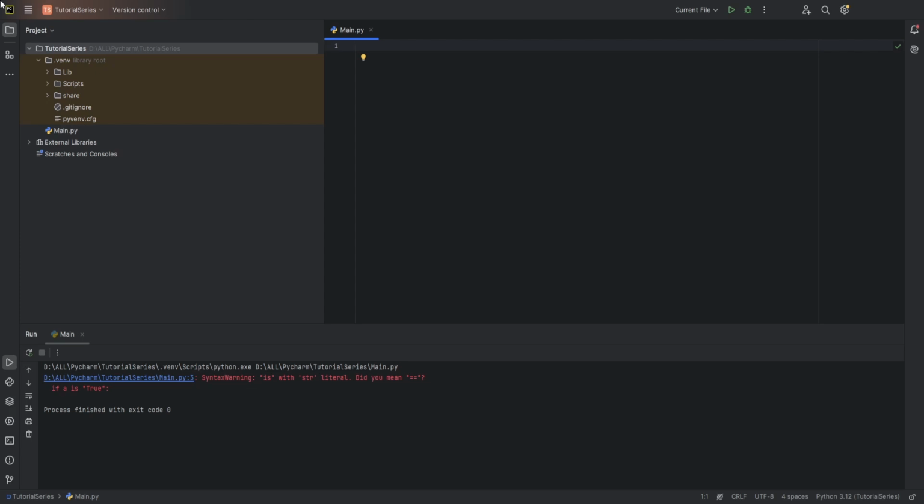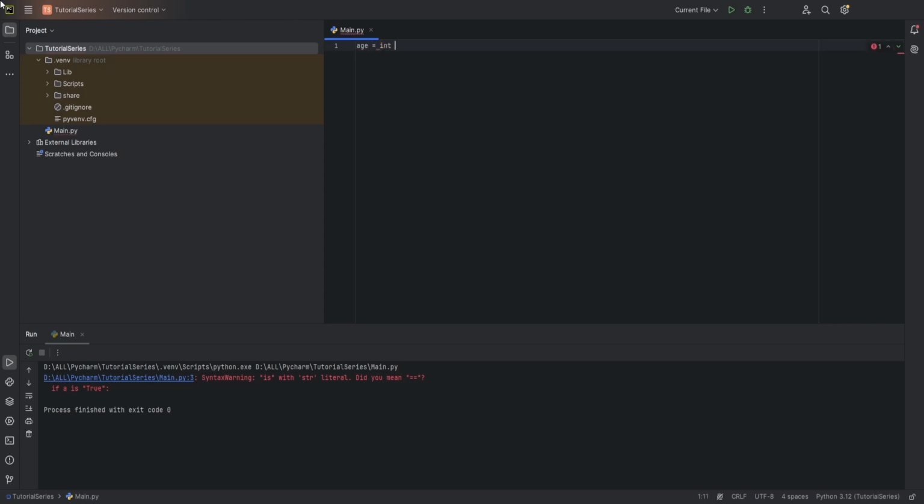I need you to create a simple voting system where it asks the user his age and if he's a citizen or not, and from that you can deduce if the person can vote or he can't vote. Pause the video right now, create it, and come back. Okay, now that you're back, we will say age